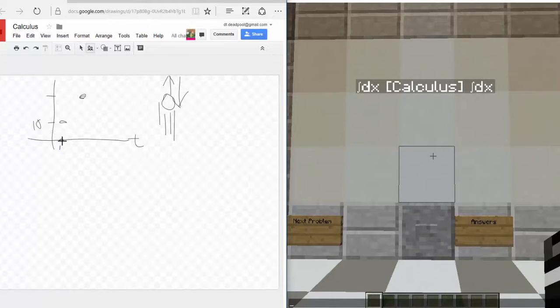So let's just draw the graph for this, which is really bad. And boom. Okay, so that's the graph of it, Benny. You see that? Yeah. Don't quit your daytime job.